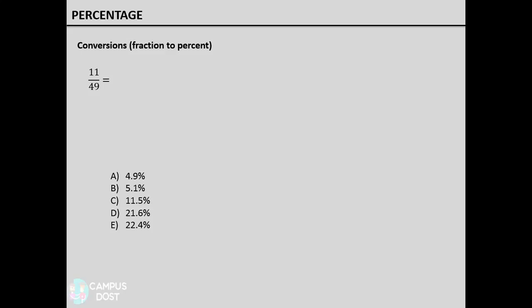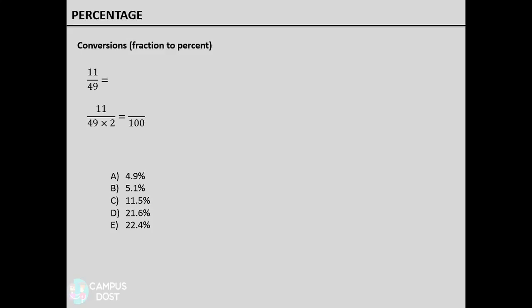Here's how. First, remember that we already know that converting fractions to percent is very simple if we have 100 in the denominator. So let's see if we can take our fraction 11/49 and find the equivalent fraction with 100 in the denominator. To find an equivalent fraction, we must multiply numerator and denominator by the same number. So, what number must we multiply 49 by to get 100? Well, if we multiply 49 by 2, we get 98, which is very close to 100.